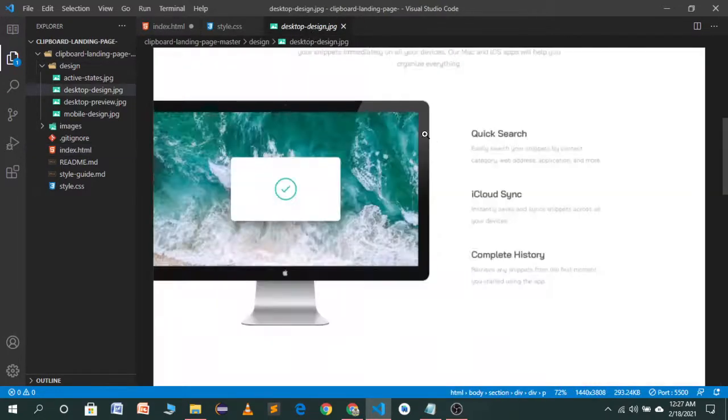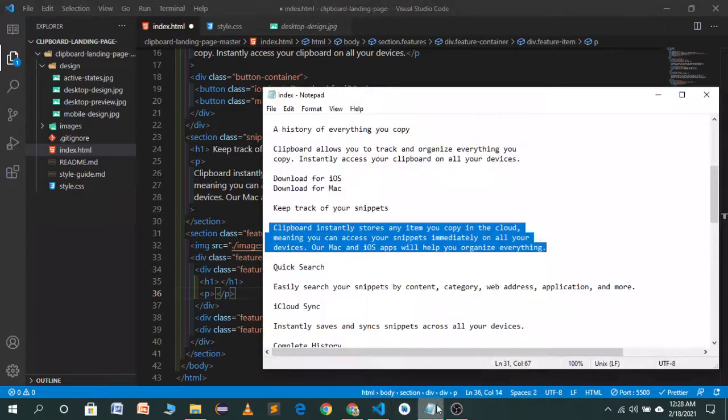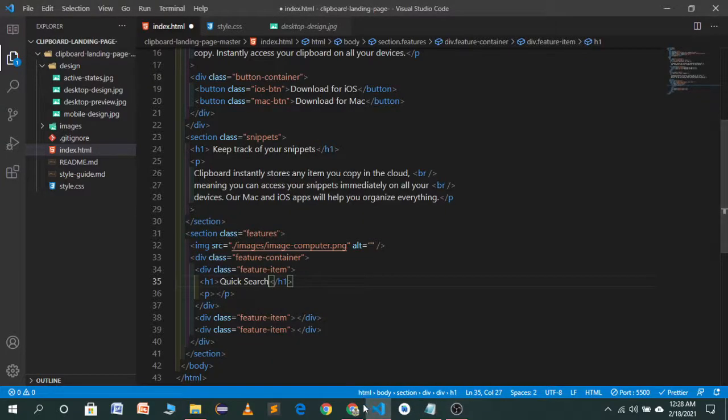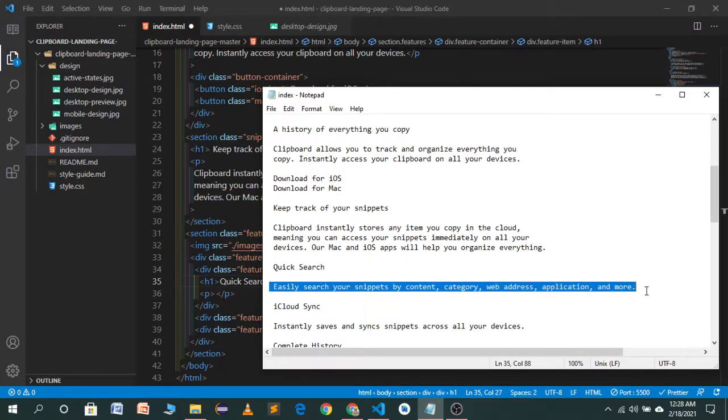The heading will be this one, quick search, and the paragraph will be this one. So I will copy the heading part, which will be quick search. This will be the heading for the first feature item, and the text will be this one.